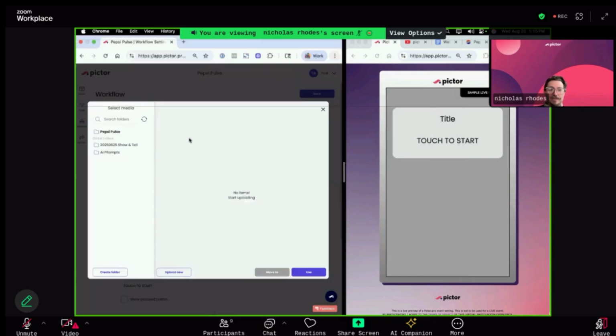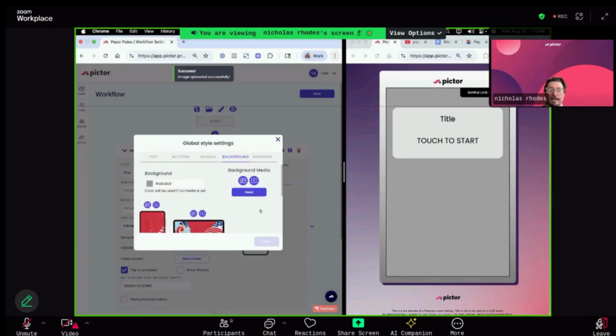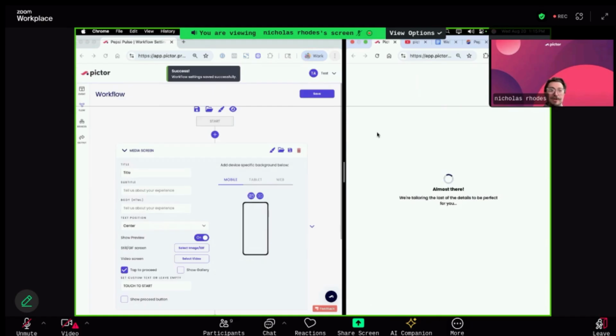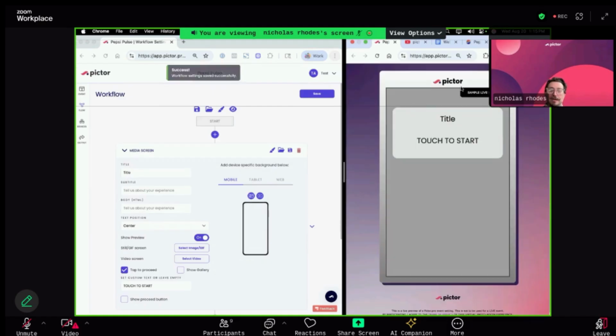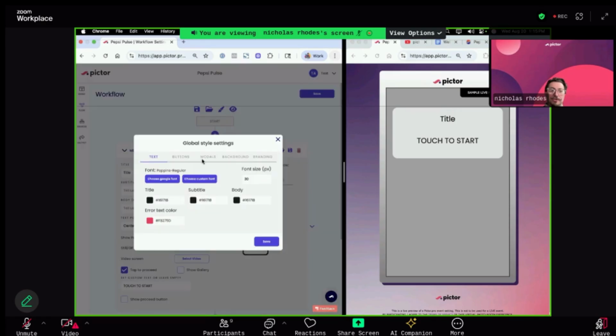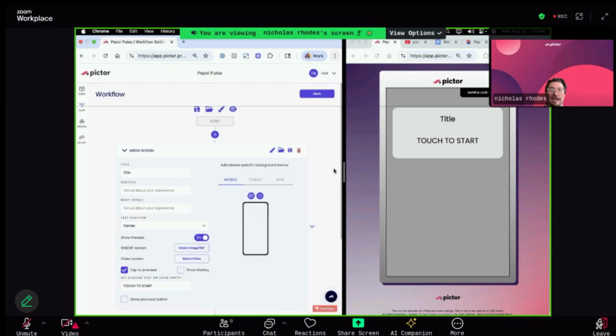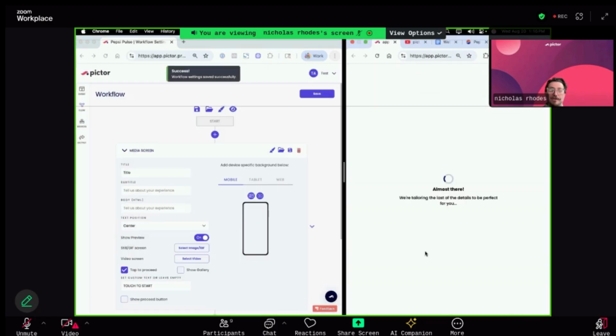So let's say this is our background image. I'm going to save this. I will refresh over here, and you're not going to see it yet because we have an opaque layer on the top of this. But I can go now to my modals, to my background color, and make this 25% opaque. So 75% transparent. Save this, and now you'll see